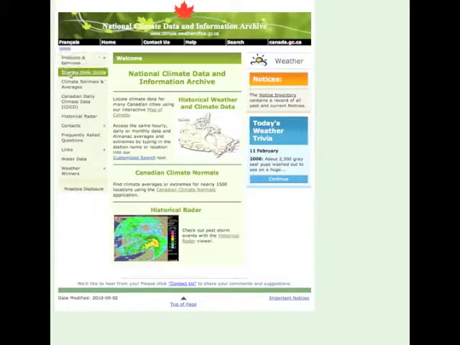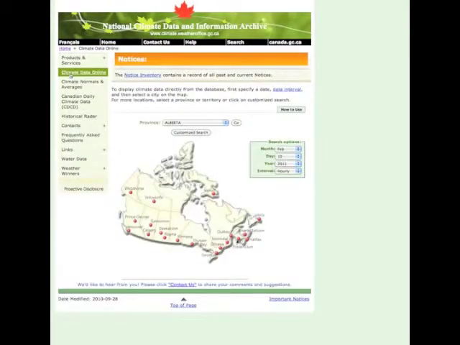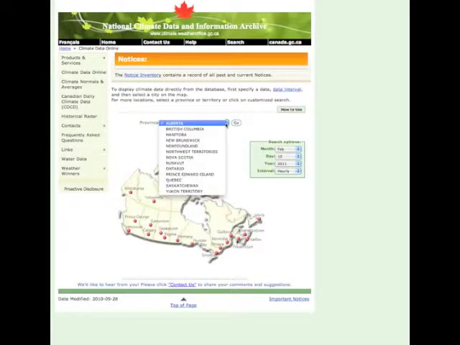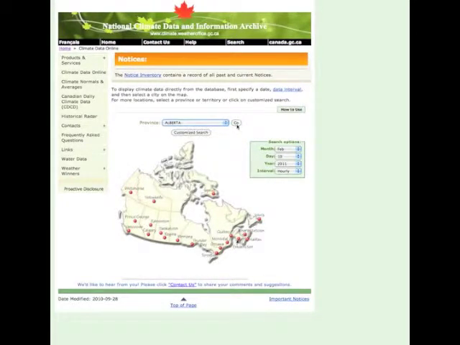wait for the internet, we go to Climate Data Online, and again we come to another search engine. Again, we can search by province, or you can simply click on the province in this map at the bottom. You can see the provinces all become highlighted. So we're going to click on Ontario,